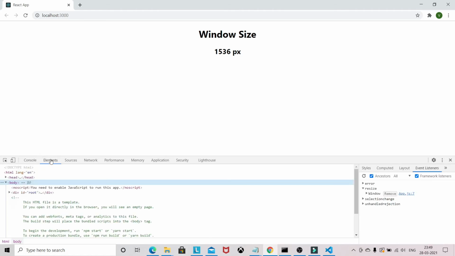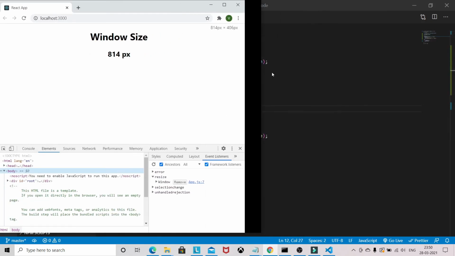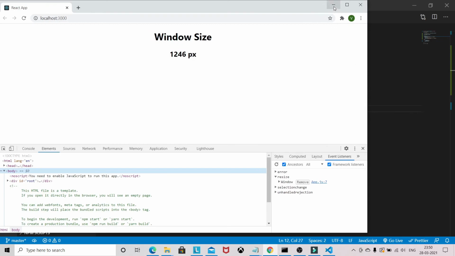If you go back to the element and go back to the event listener, you will see we always get only one function here. No matter how many times you resize, it will always be one. It means with the help of this cleanup function, we have resolved that memory issue.